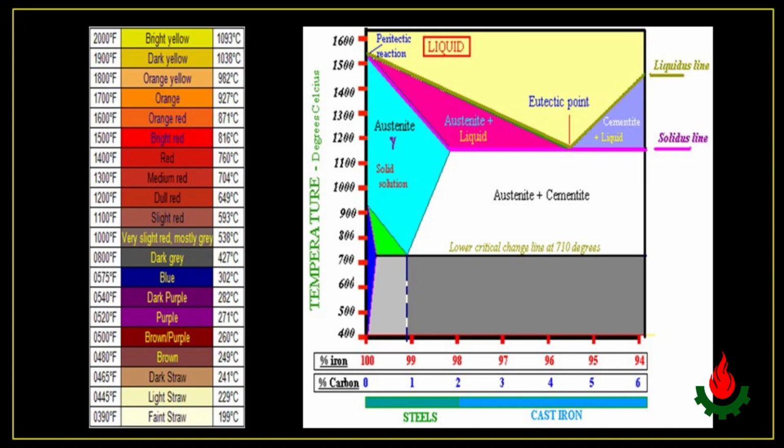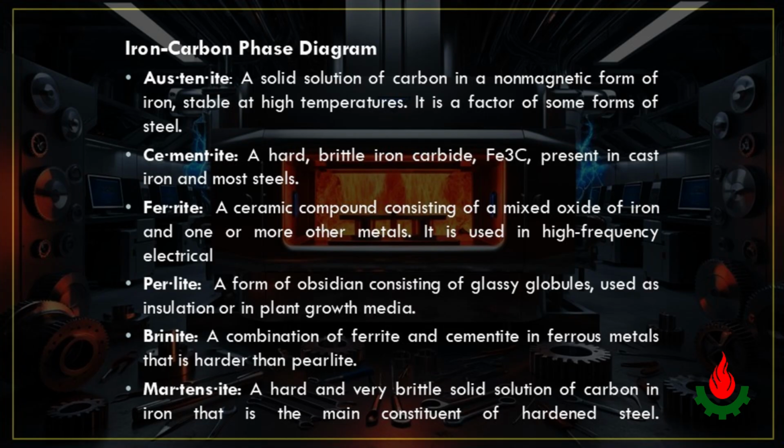Heat treatment phase diagram. Heat treatment diagrams of steel, such as the time-temperature transformation (TTT) and continuous cooling transformation (CCT) diagrams, are essential tools in understanding how heat treatment processes affect steel's microstructure and properties. These diagrams illustrate the phase transformations that occur at different temperatures and cooling rates, enabling precise control of hardness, toughness, and other mechanical properties. More about the iron-carbon phase diagram. Austenite, a solid solution of carbon in a non-magnetic form of